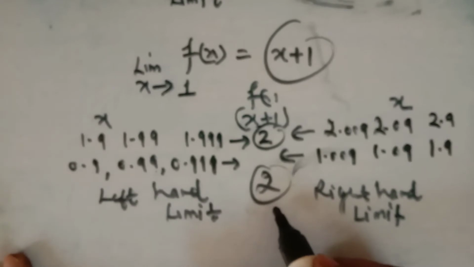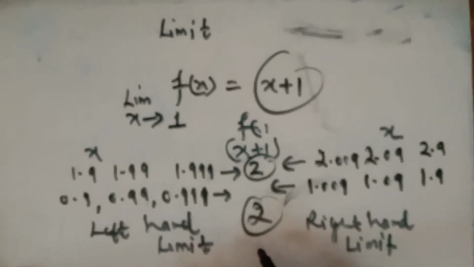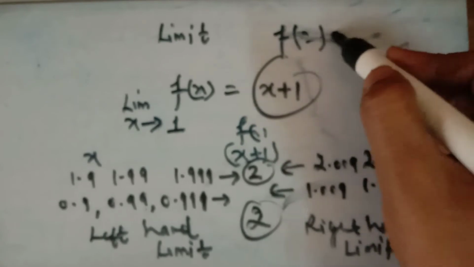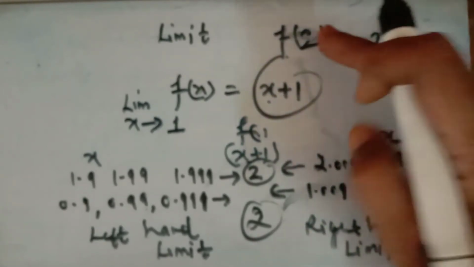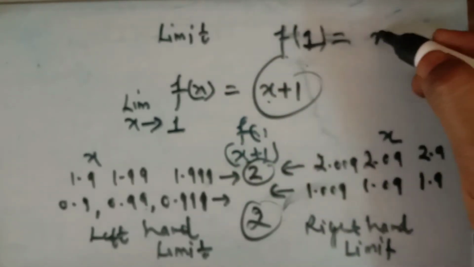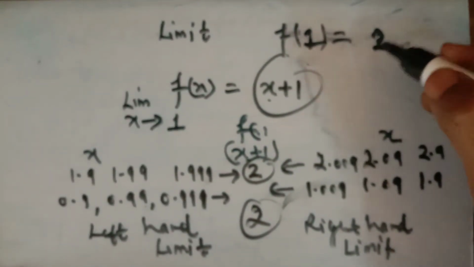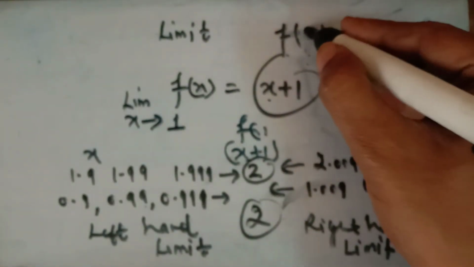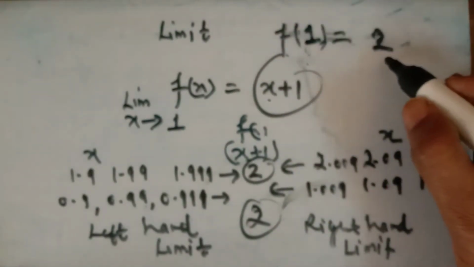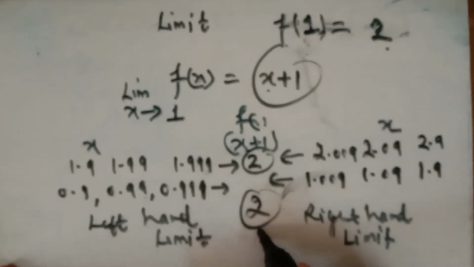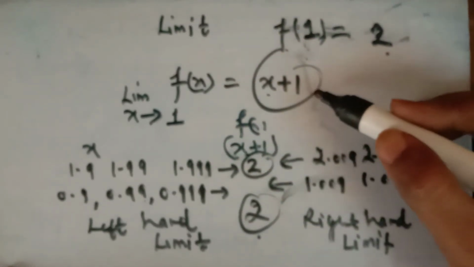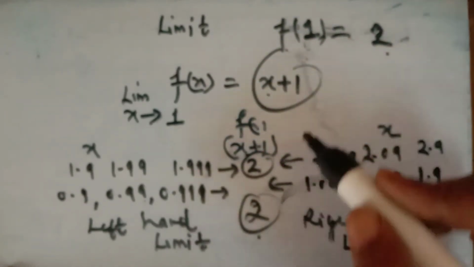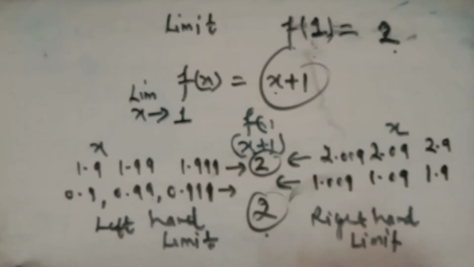So this is the concept of the limit of a function. If we are finding it directly, f(1) is 1 plus 1, which is equal to 2, the value of this function. Now can we find the value of the function directly? The value of the function is also 2, and the limit of this function is equal to 2. Can we find the limit directly? Yes. When the function is a polynomial, then the value of the function and the limit of the function are the same. Let us take another example.